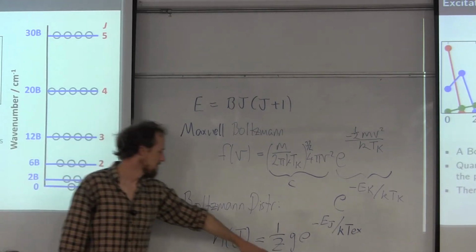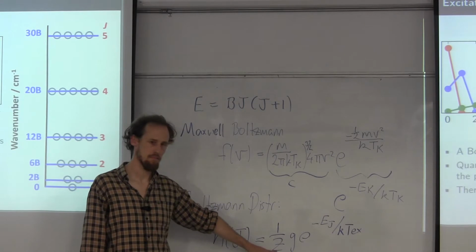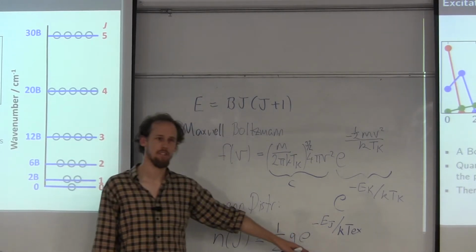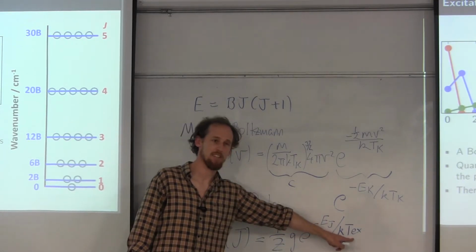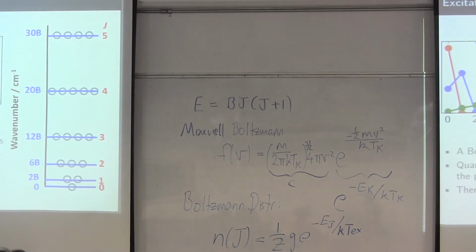so in this case, you have some more constants. This is the degeneracy, which we talked about a bit, and the partition function, which we didn't talk about much, but is just a constant, and the same exponential dependence. In this case, you have the rotational energy and the rotational excitation temperature. So there's something a little bit universal going on here. And